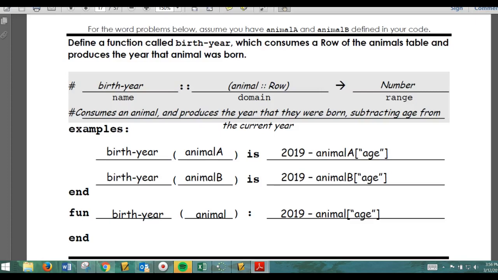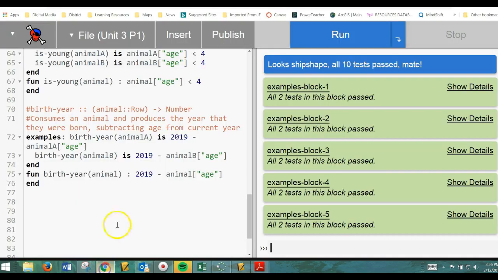Okay, just to recap, once you have finished creating your birth year function in your design recipe, I want you to go back into Pirate, and then you are going to type out the birth year function in Pirate. Exactly how it's been written in the design recipe, making sure that you have the current year subtracting the animal age, and that the function has the birth year of the animal from an animal table with 2019 minus the